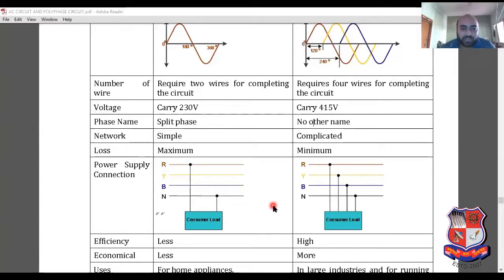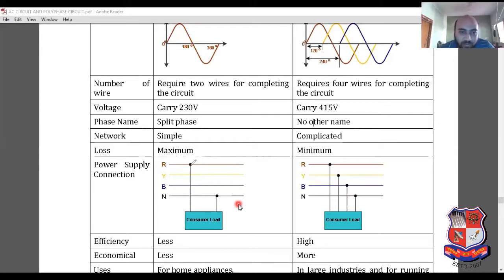Now, the best example to understand this point is our distribution transformer, which is available in our street. Suppose your home is the consumer load, and you are getting one R phase and one neutral. Again, the second home, let's say it's my home, I am getting the Y phase connection over here and a neutral over here, and so on. So R, Y, B, again, if the fourth load is here, then we give the connection of R. By this we can distribute the load.